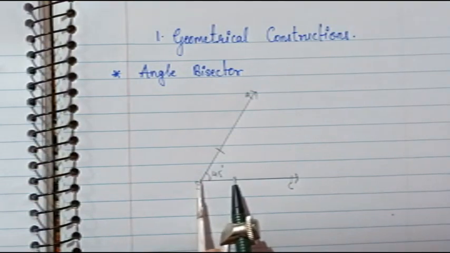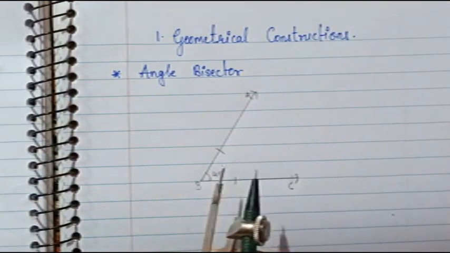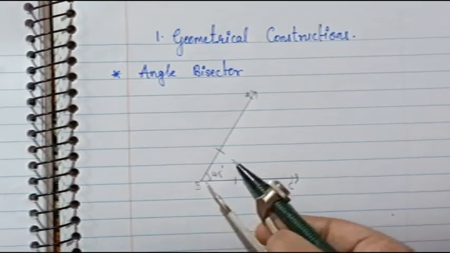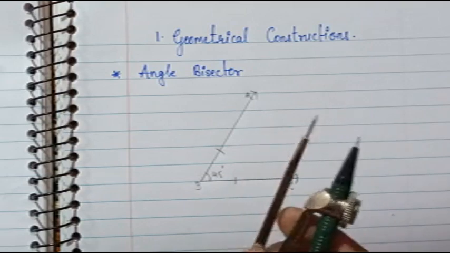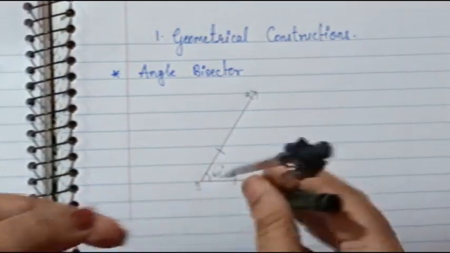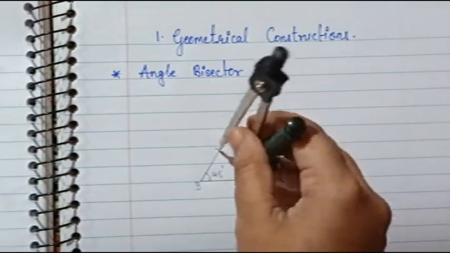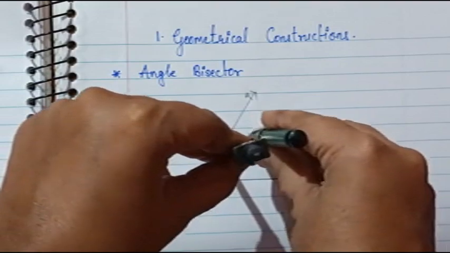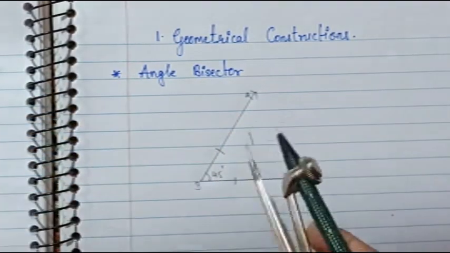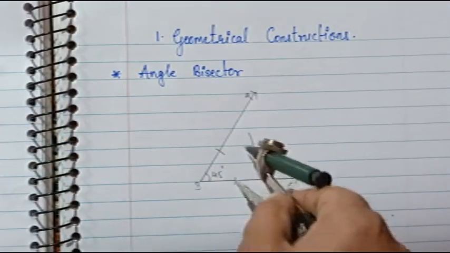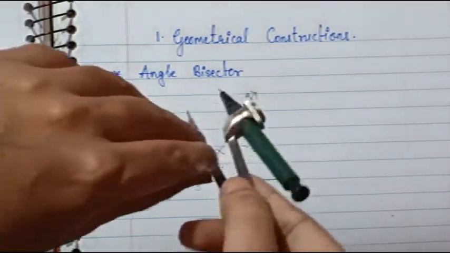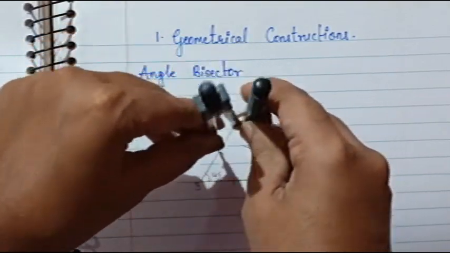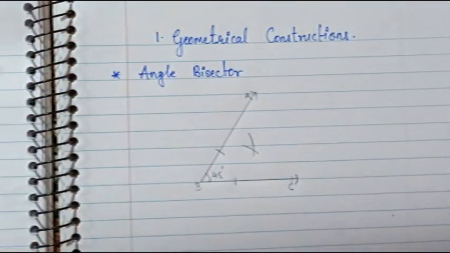Okay, now you are supposed to bisect the whole angle. Now to bisect that whole angle, see, this is the distance from this side, and from this side it's exactly the same. Now you don't have to change the distance. Now what you are supposed to do, place the point wherever you have bisected one side, then just make an arc this side, and then you will make an arc from the other side. Okay, I'll just make it the bigger arc. See, so you all got here an intersecting point.